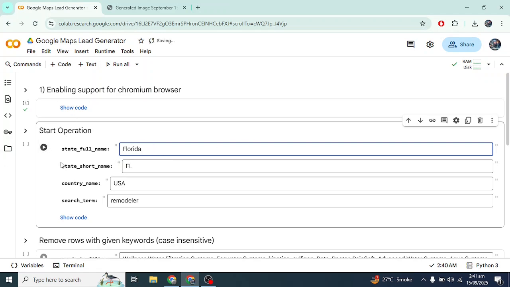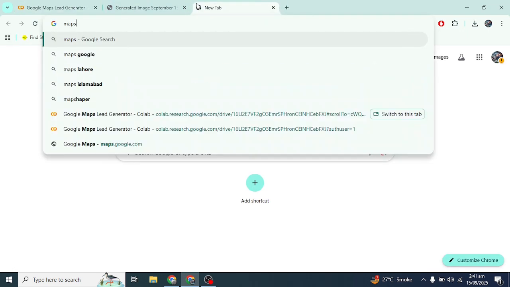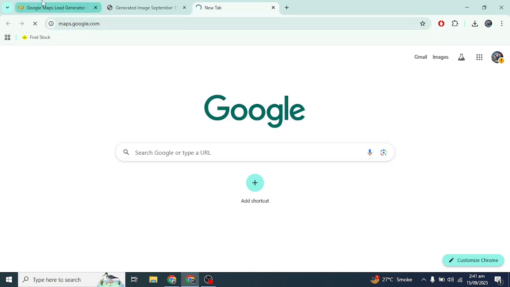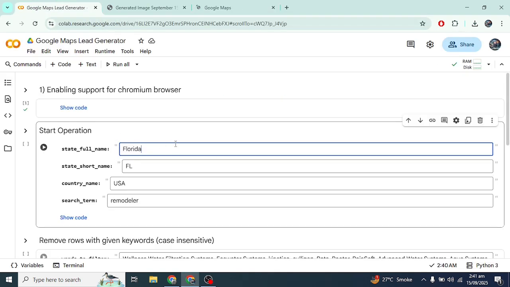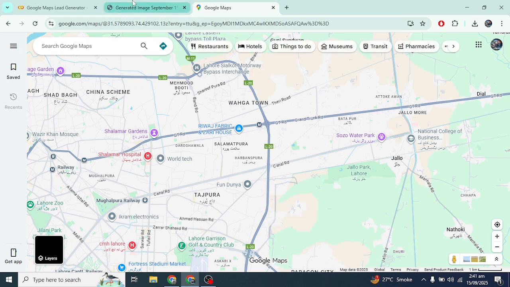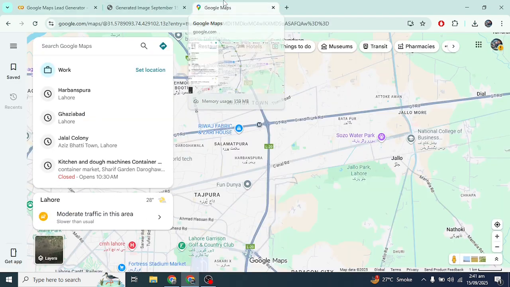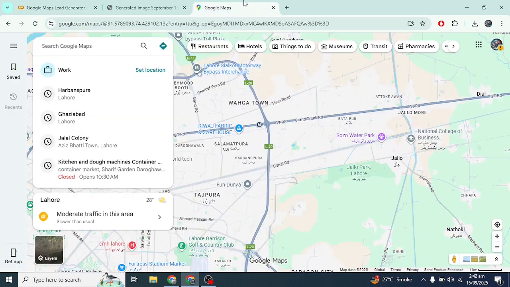You have to enter the name of the state you are going to target. For example, let's say we are going to target Florida. The short name for the state is FL. And you have to type the name of the country that you are going to target and the search term, which is remodeling. If you try to do it manually in Google Maps, first of all,